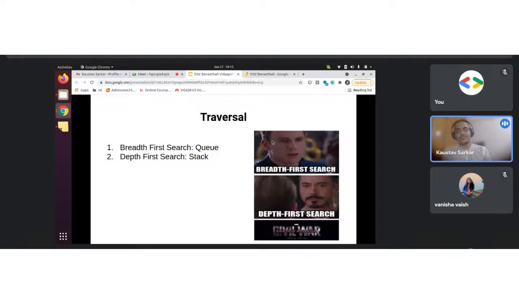So let's talk about traversals. The traversals which we use a lot are breadth first search and depth first search. Let it be graphs or let it be trees, we use these a lot. Right now, the problem which we face here is